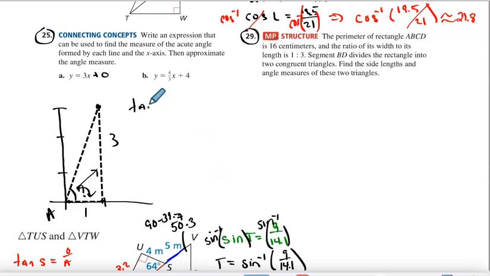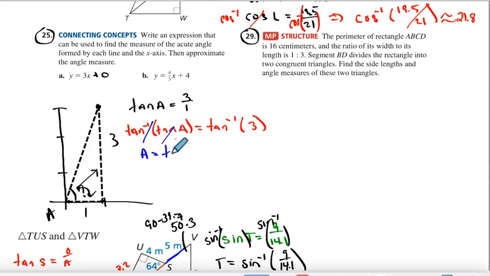So tangent of angle A is equal to 3 over 1, opposite over adjacent, or just 3, but I want the angle, so I'll have to take the inverse tangent of tan of A, and the inverse tangent of 3, these cancel out, and A is equal to tan inverse of 3,